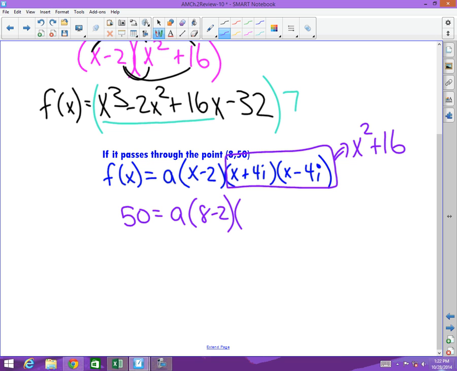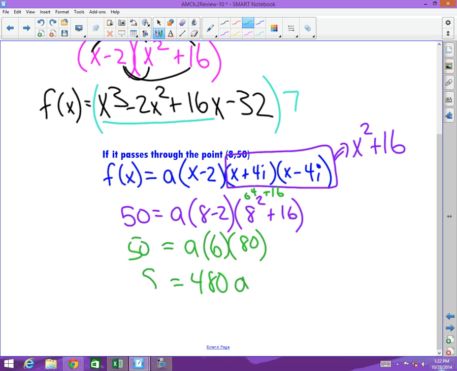It's x squared plus 16. Do that multiplication before you substitute. And so then you would put 8 squared plus 16 here. And so then simplifying this down, this is 6a, and 8 squared is 64 plus 16 is 80. And 6 times 80 is